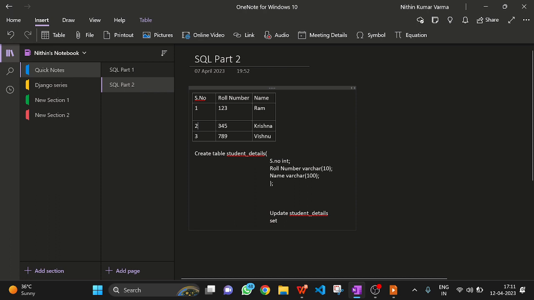So yeah, UPDATE student details SET name is equal to, the column name, name is equal to Lakshmi